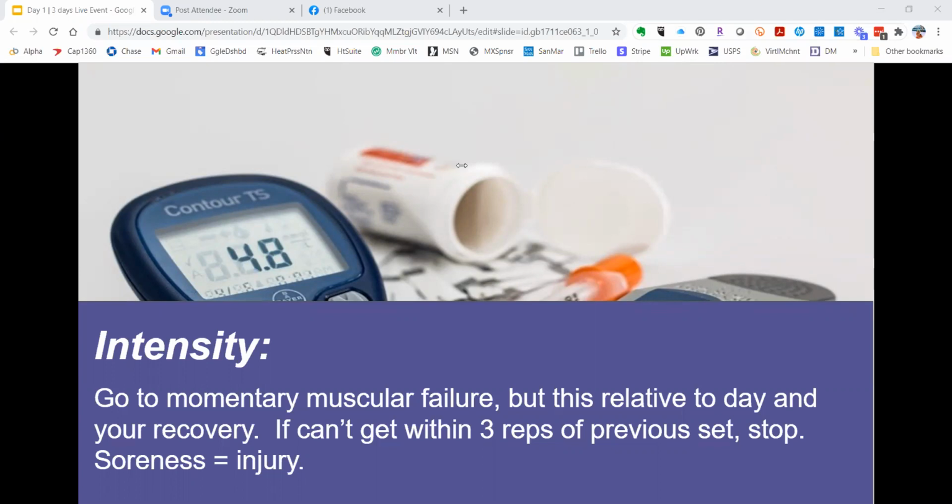Now, that's a very high intensity. So when the intensity is high, the frequency needs to be less. It takes longer to recover. So there's 2 options that you can work with here. You can either go high intensity and lower frequency, or higher volume and lower intensity. And this changes throughout the year, which we'll get into a little bit with a fundamental we call cycling.